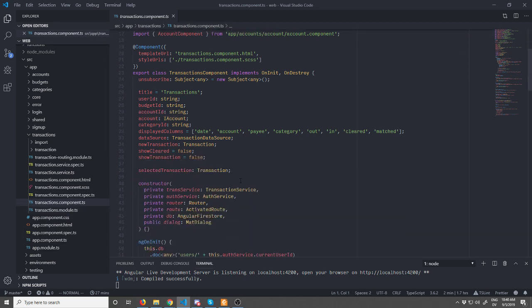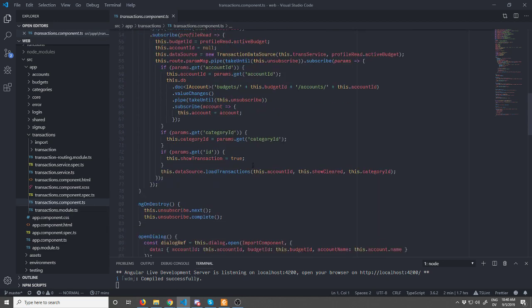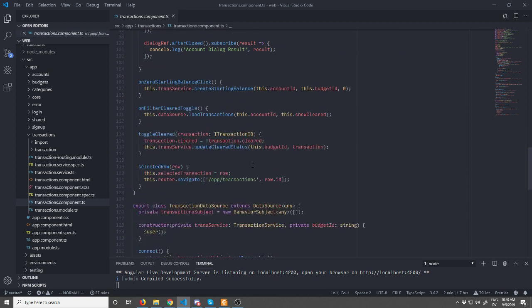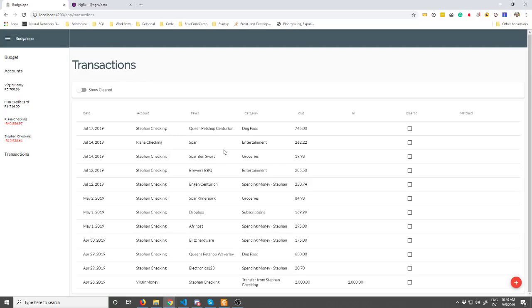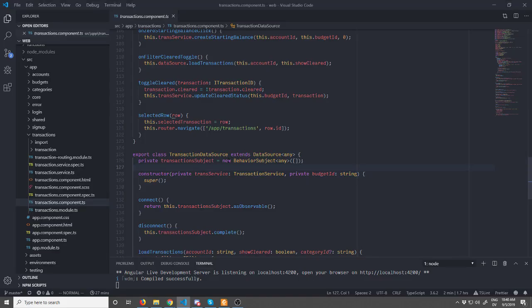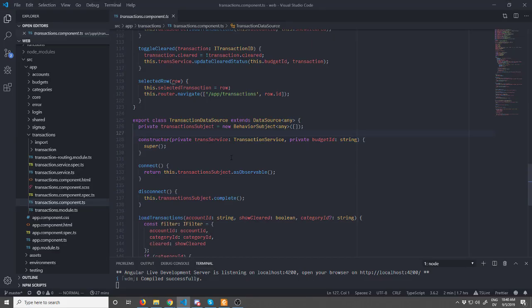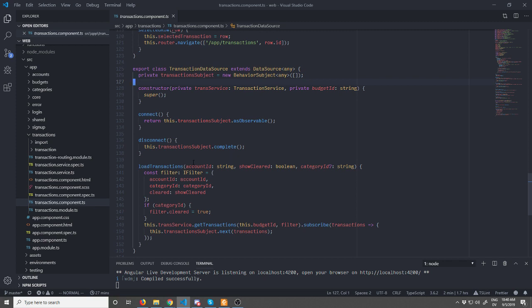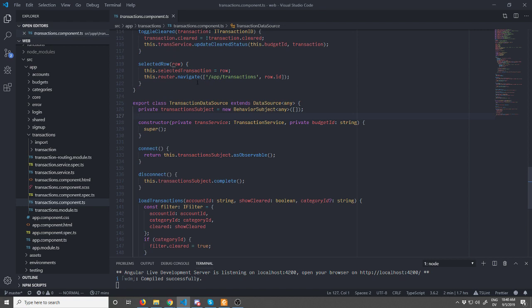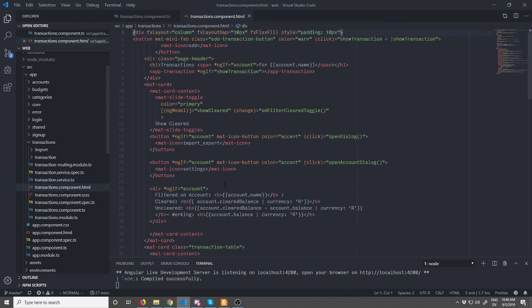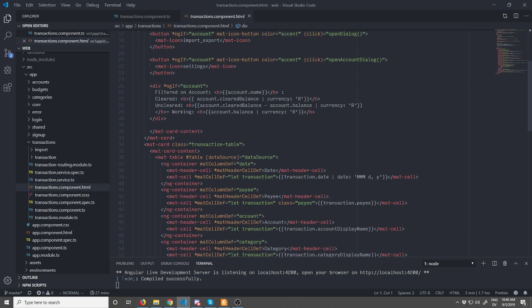We are now working on the transaction component, the component list for the transactions. We are using data source, which is used by this data table here, and that is the, what's that thing called again? It is material table,